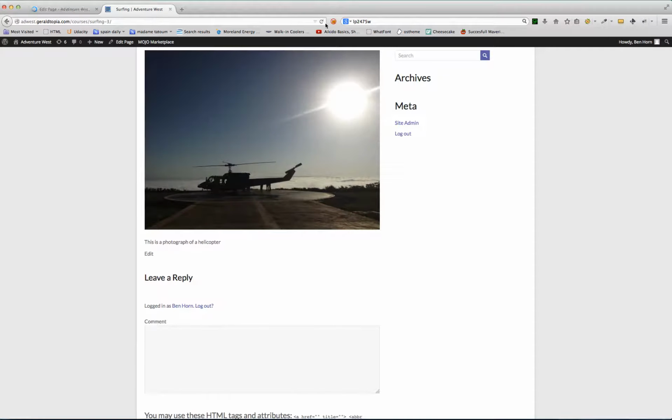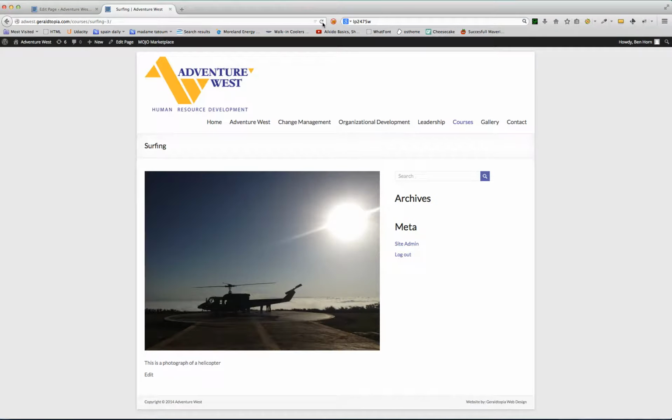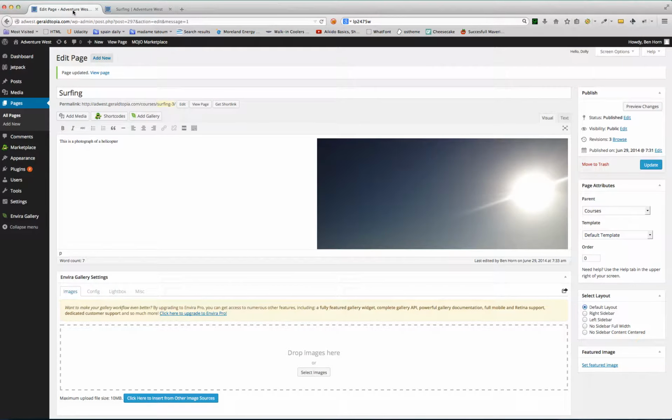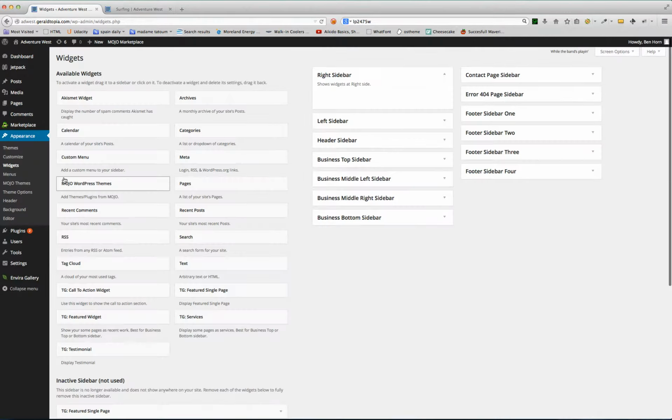We go back here and refresh the site, and you'll see that now there is no discussions box at the bottom. Now we've also got archives and meta, which is also something more typical to a blog, where you're letting people read your past news posts. So we want to get rid of that, and to do that we're going to do that through widgets. So you go to Appearance and you go down here to Widgets. We click on that,